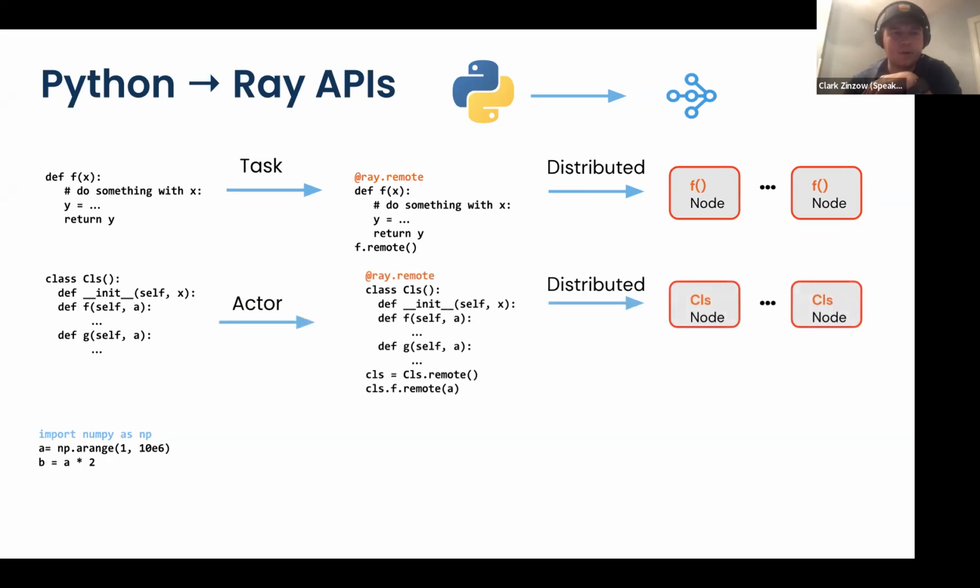For a class, the classical stateful programming model, the Ray analog is an actor. You do the same thing, the ray.remote decorator on the class, and now you essentially have a distributed set of classes executing on Ray workers in a Ray cluster. The same paradigm applies: you create the class, or here the actor, and then you can execute methods using the same .remote API. That again is an async future API where it returns a future. You can pass those futures to other tasks, and Ray will resolve everything under the hood.